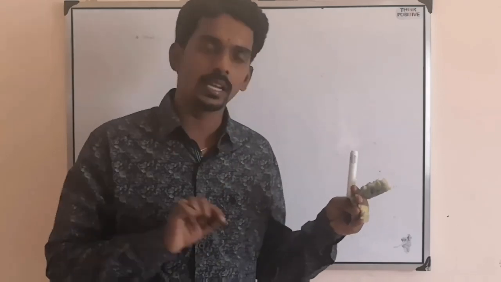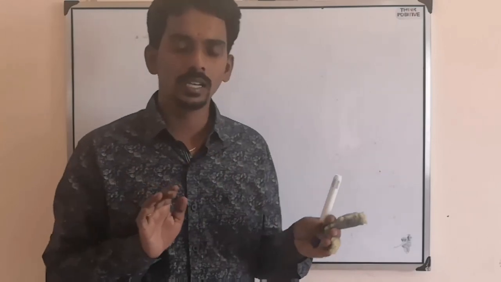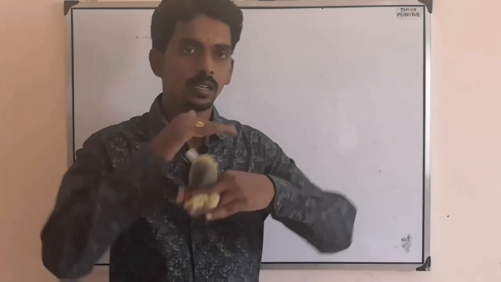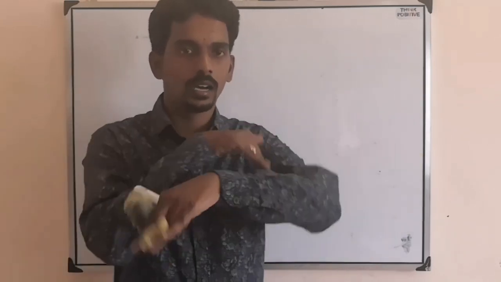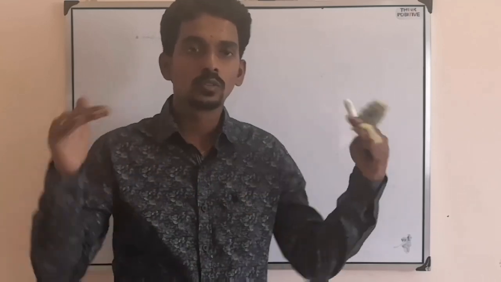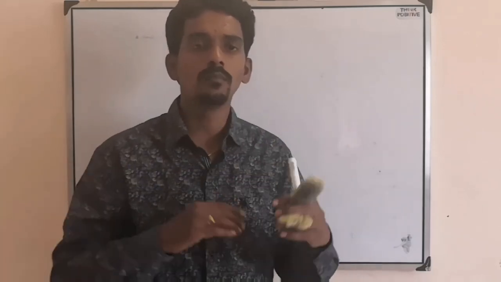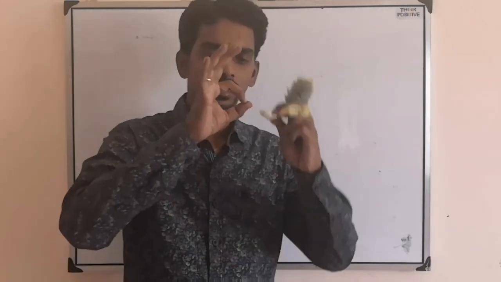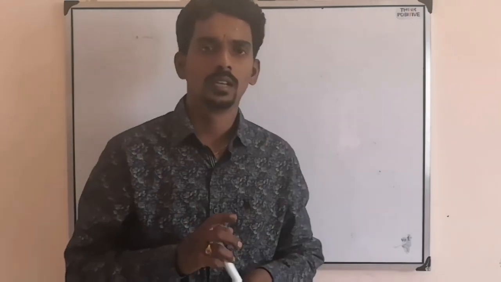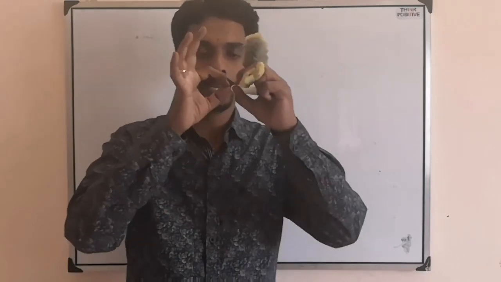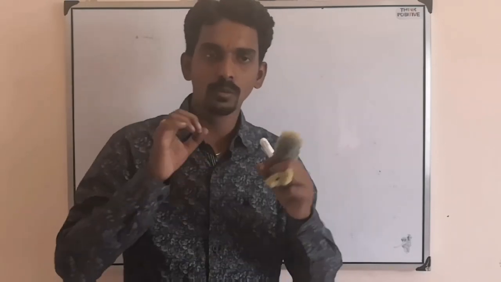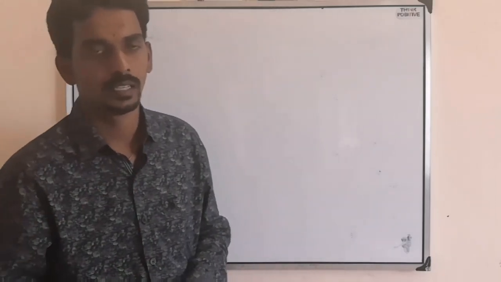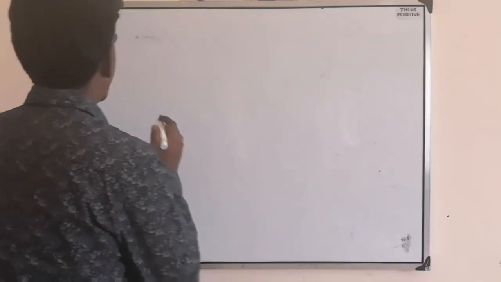When you pluck the string, vibrations will generate and they reflect back from the fixed supports, so that the incident wave and the reflected wave both superimpose to form a standing wave like this. So this is one loop. There may be one loop, two loops, three loops, four, five, n number of loops, depending. So that we call it as